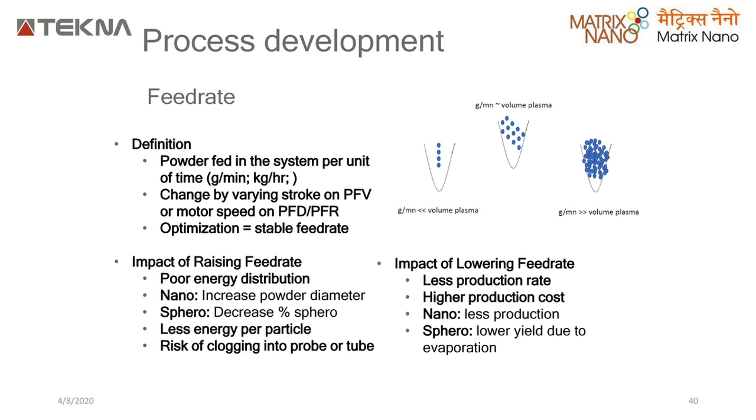If you have less, you have low production, low yield of spherical material, and high production cost. So it is a waste of time here. You're not evaporizing maximum material, you're evaporizing the material too much, and you are just wasting time to quench it, which will increase gas use and all this. When you're using a high volume, if the plasma volume is lower than the feed volume, it tends to clog your tubes and increases the diameter of the powder because there's no proper energy distribution or transfer, and there is clogging at the probe or tube. So you still have low production, you don't have spherical material, and the particle sizes can be very random and not good.